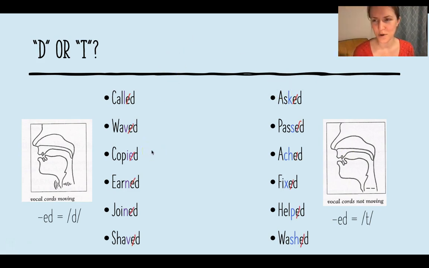Let's read these one more time. We'll go from one to the other. Called, asked, waved, passed, copied, ached, earned, fixed, joined, helped, shaved,